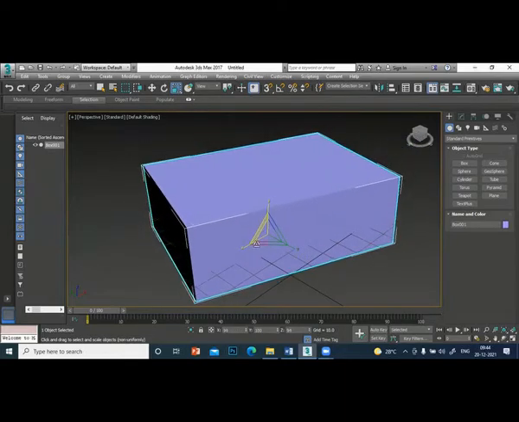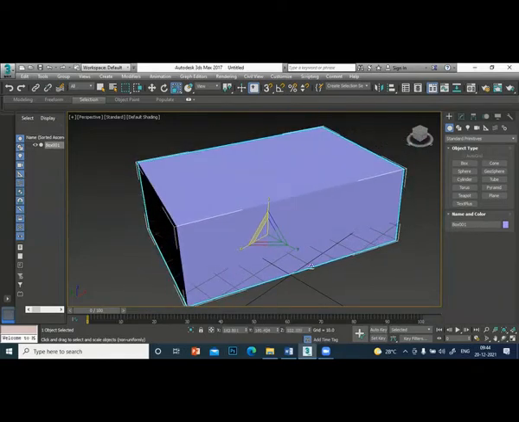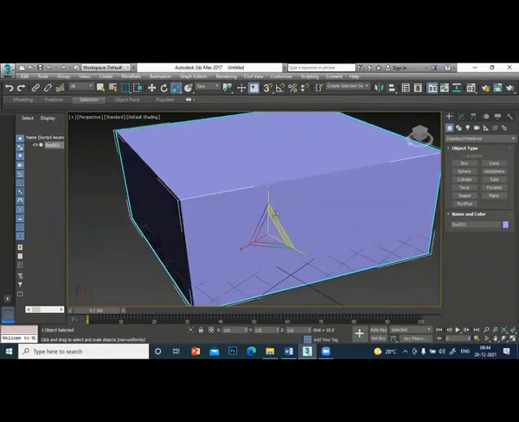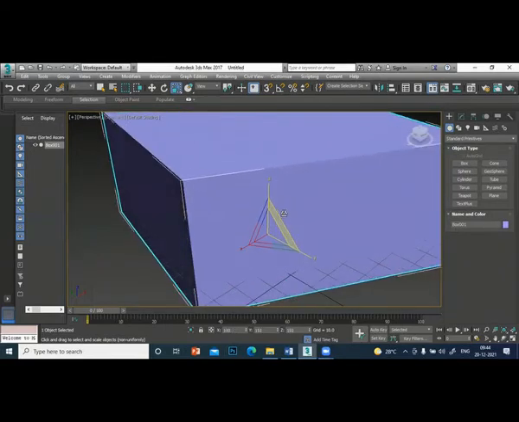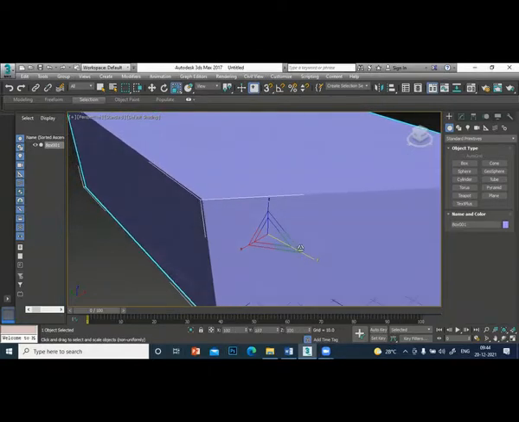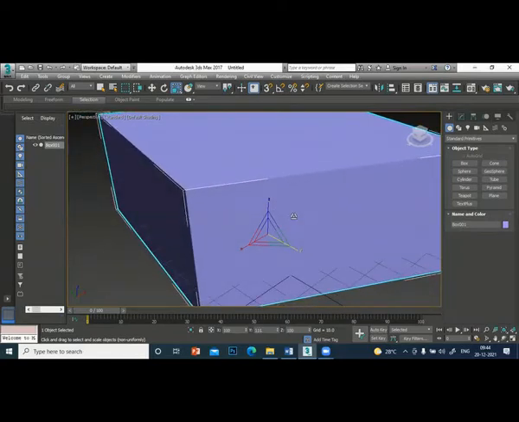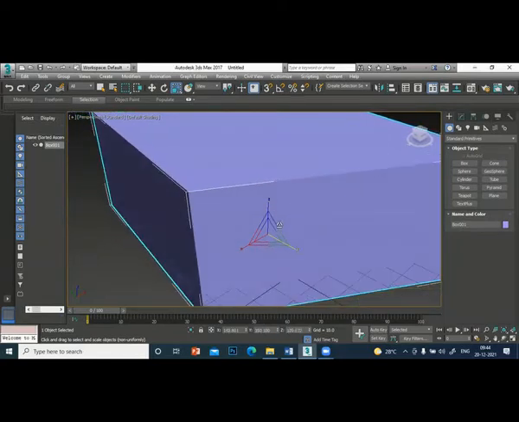Now it is changing X and Z. Y and Z. Okay. Because you are in the non-uniform scale, you can even scale one direction also. So you hold that one direction, you see increasing only one direction. You can see it is only in the Y direction now. The values are changing only in the Y direction.